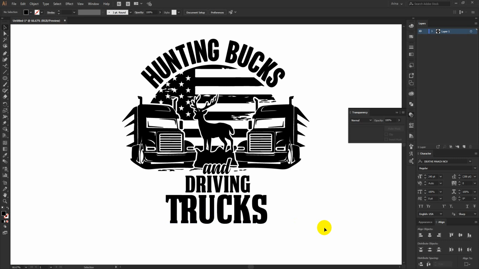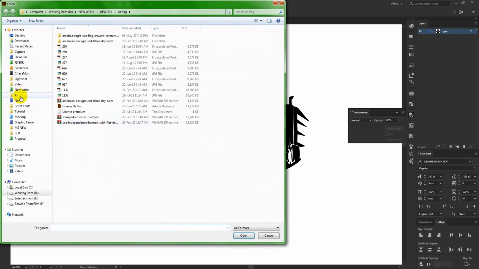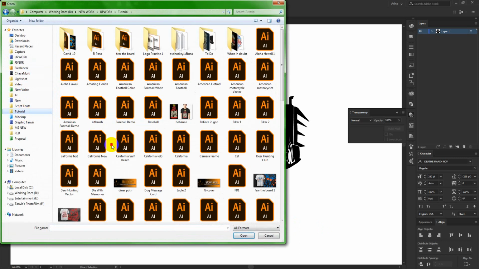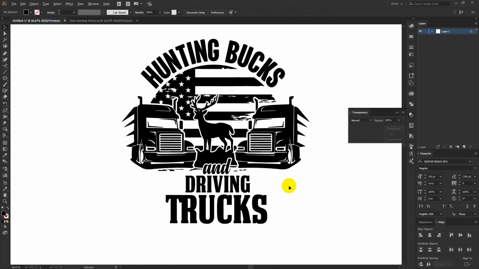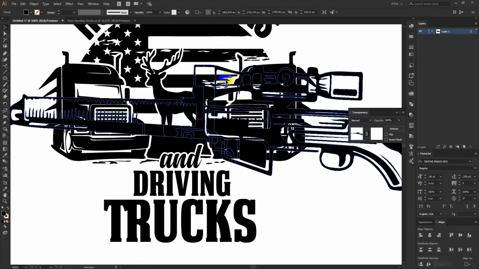Now to fill these areas, you can use some other elements like the guns we have used in our previous designs. Yeah, we can use this one here just to fill these areas.